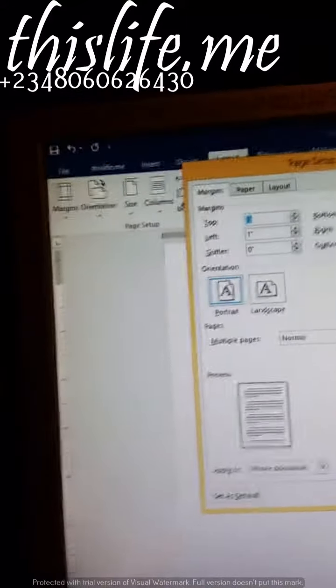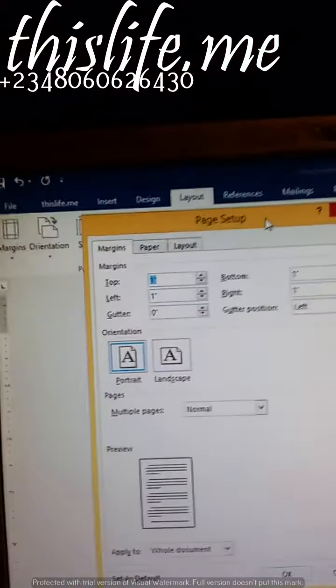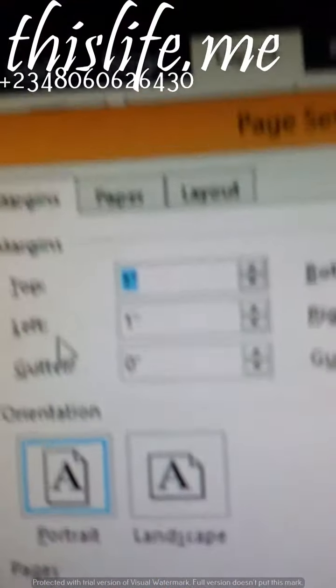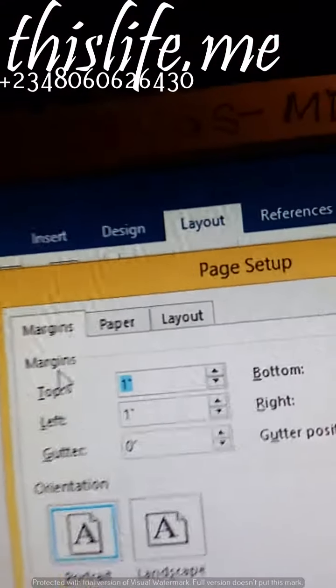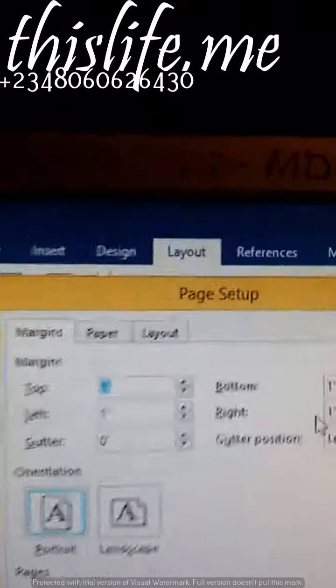The Page Setup dialog box will pop out. That will give you access to the top, left, bottom and right margins. It will also give you access to the gutter position. The gutter position is where you will hold the paper in case of binding, where the paper will be bound.